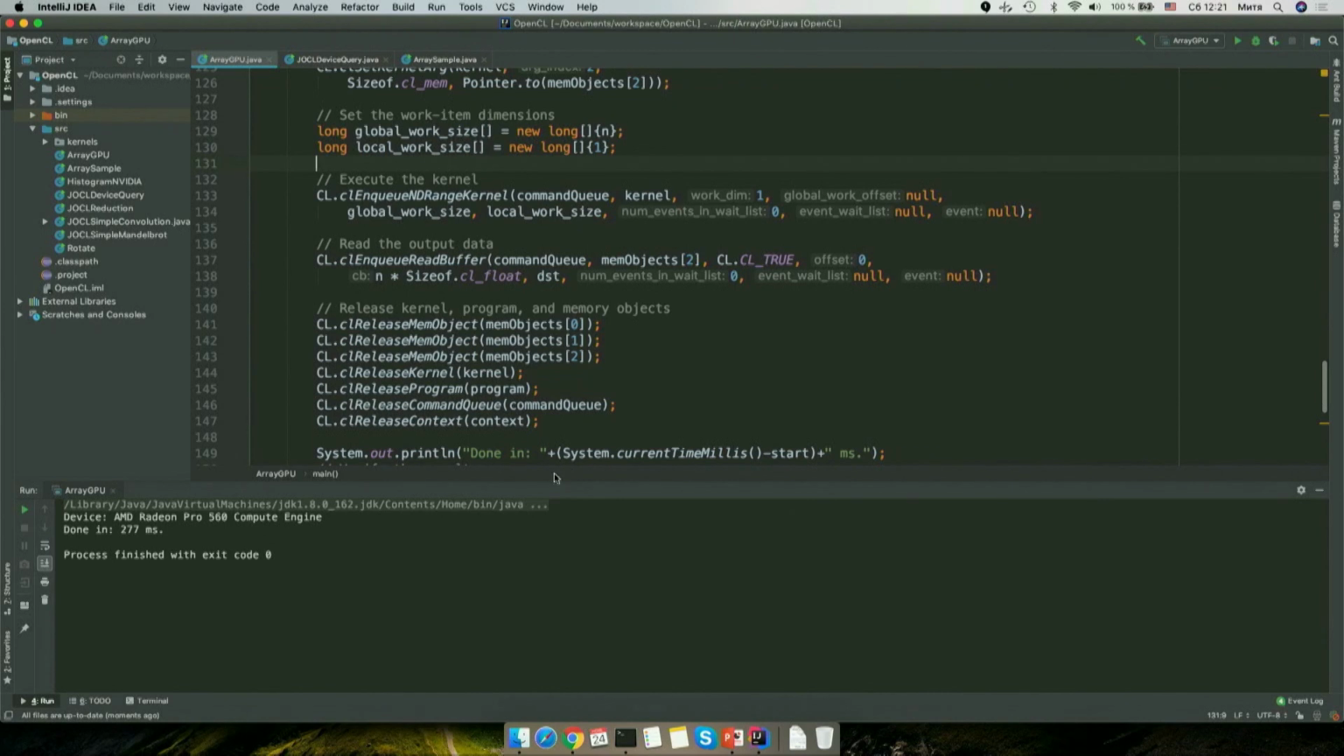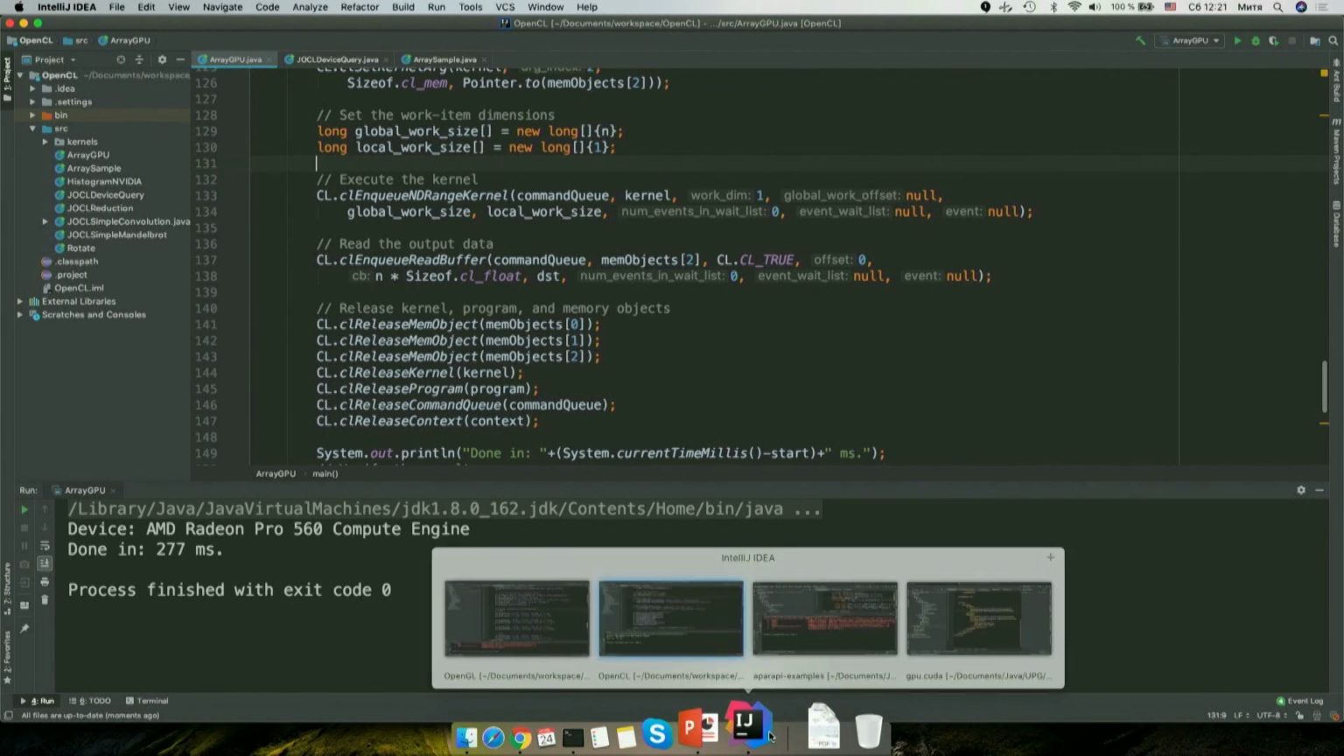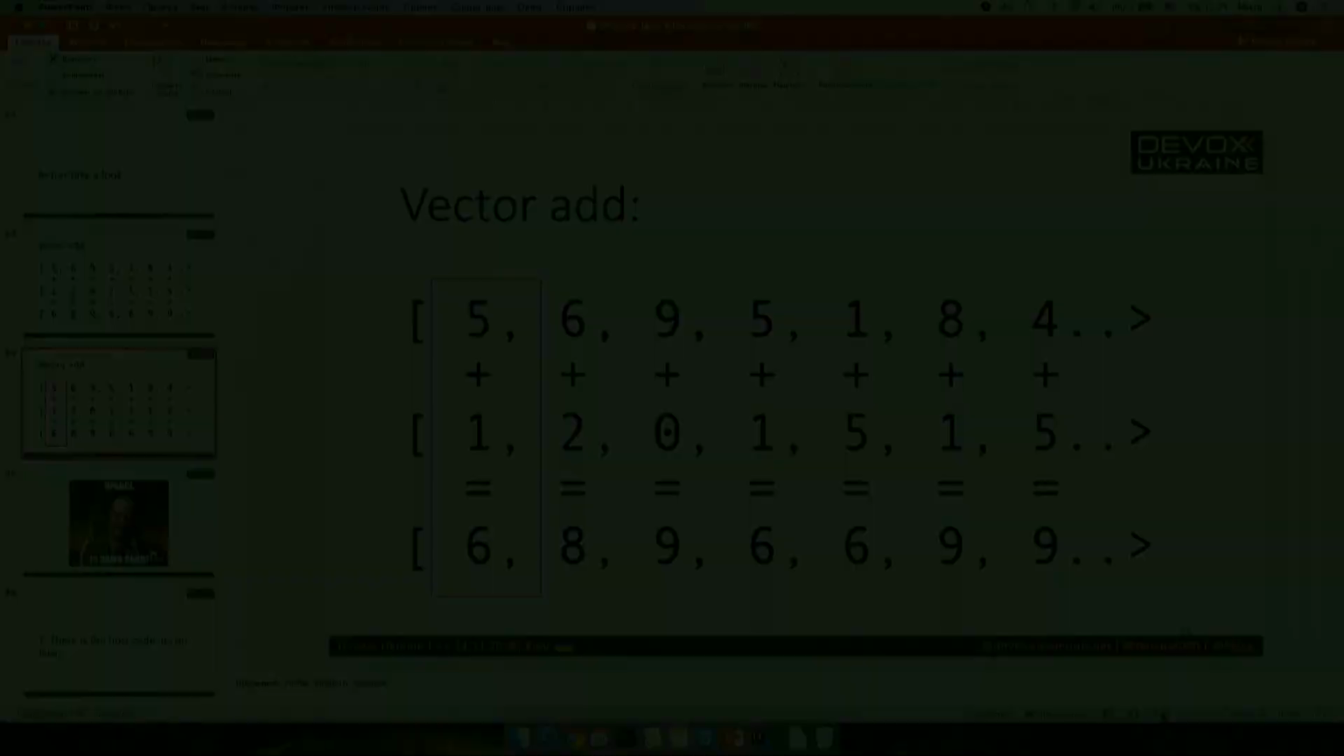And in only 277 milliseconds, we have made 10 million add operations on a video card on this Mac. Once again, explaining everything would be too complicated, so I won't do this in the session, but you can ask me later or I'll send you the links. So if you do it in...